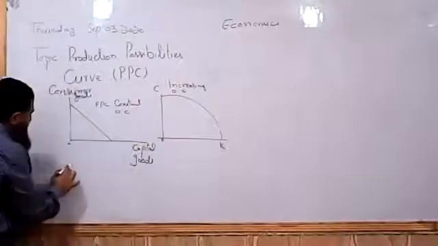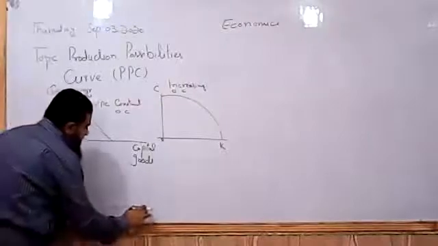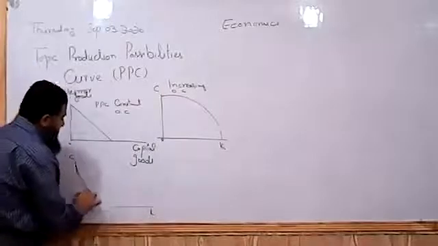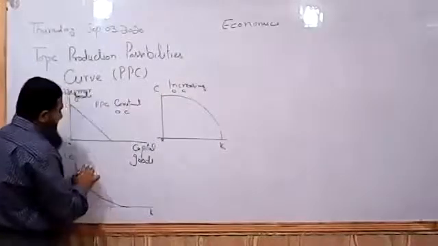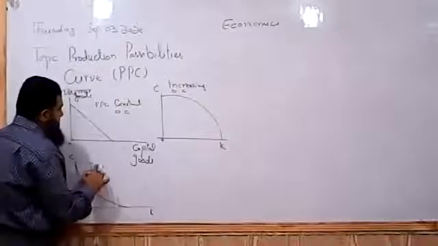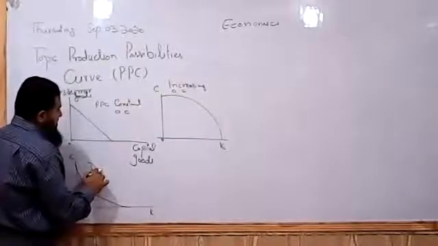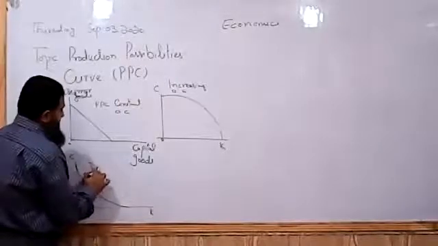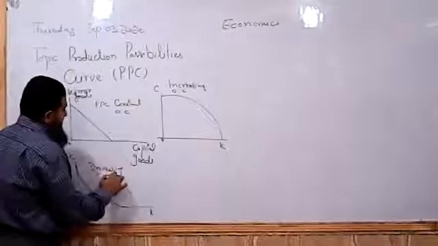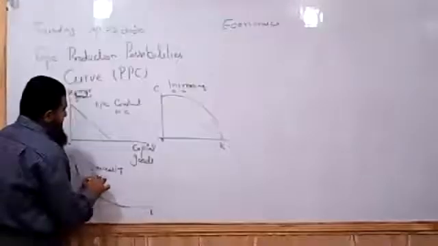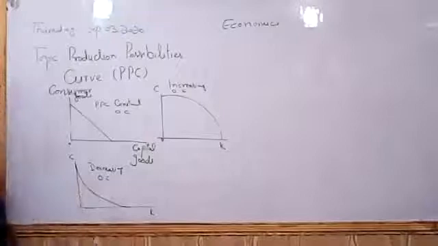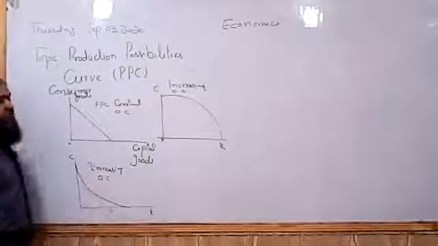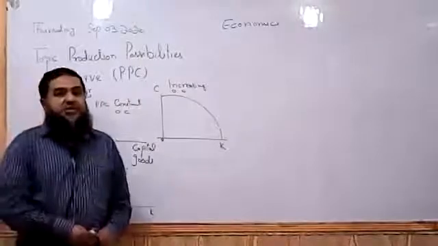Now another which could be there, this is capital goods, consumer goods. This is like this, a decreasing opportunity cost. If you see, its slope is diminishing, its opportunity cost previously at the start is higher. As we move along this line, it decreases, so this is decreasing opportunity cost.